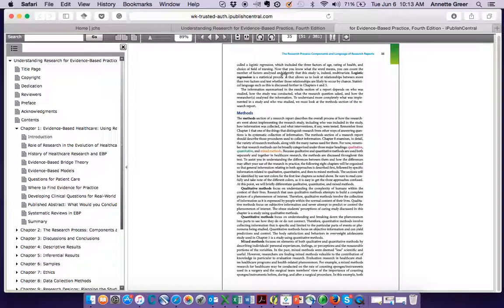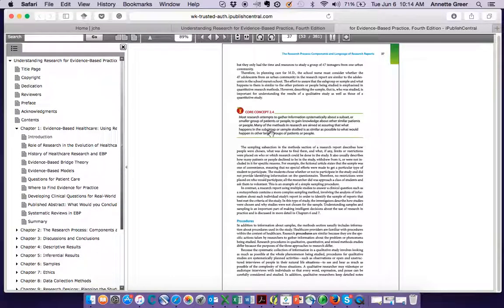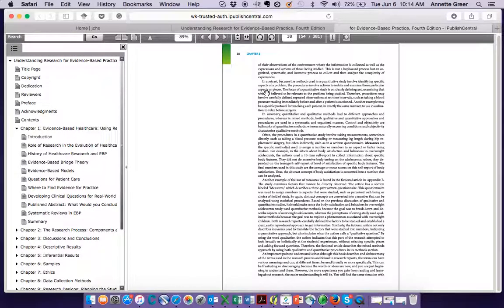So understand, I mean, you don't have to read it word for word. Look at the key terms. A sample is a smaller group or subset of a group of interest that's studied in research. Core concept again. Procedures again. They reiterate over and over the same things they talk about to make sure that you're